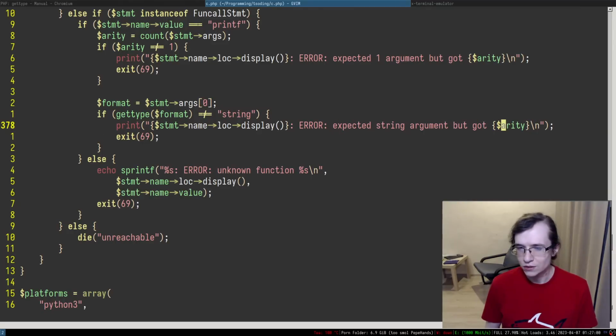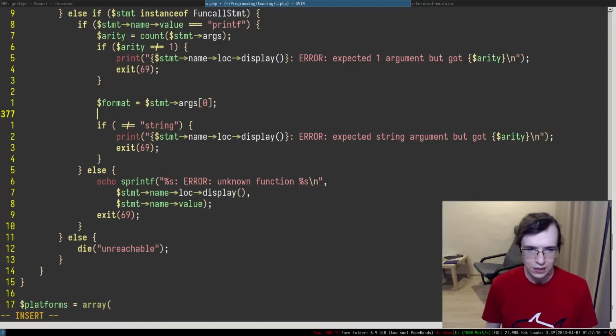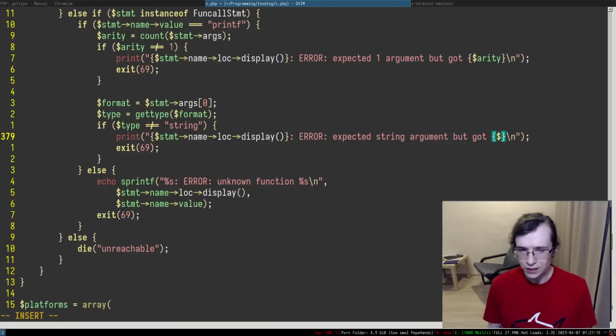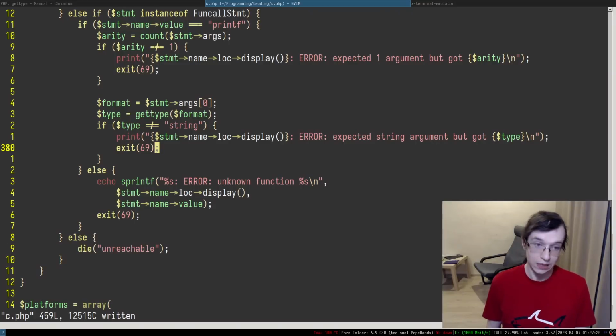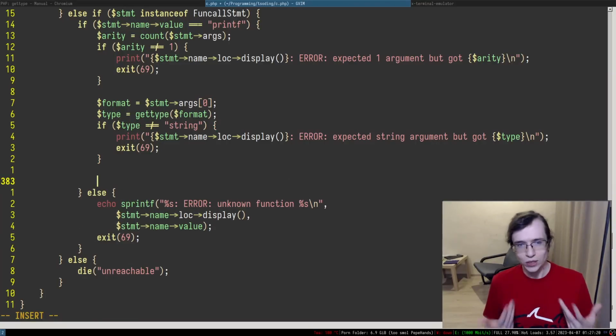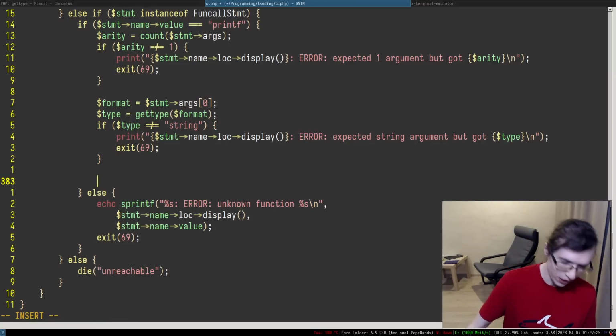Expected string, but got, I suppose I need to provide the type, but I'm not sure how I can do that. So let me maybe put this thing in here. Right, so I can do it like that. And then I can say type, right? Expected string, but got something else, right? And this is where we have to do something.